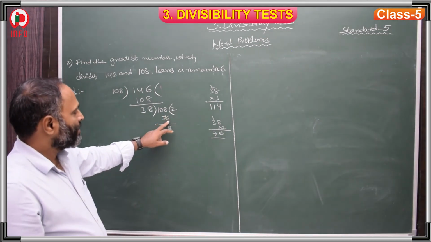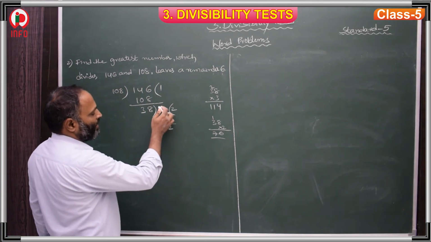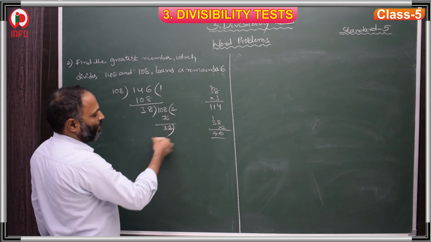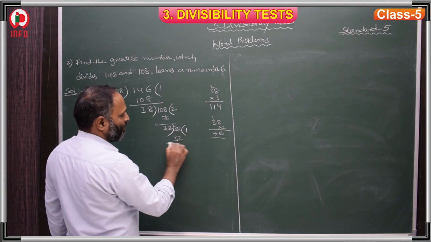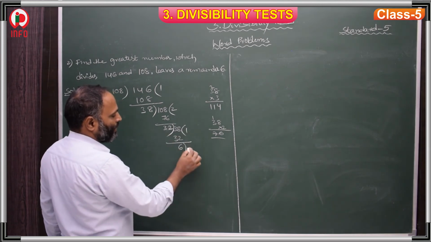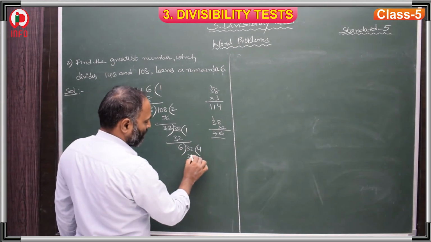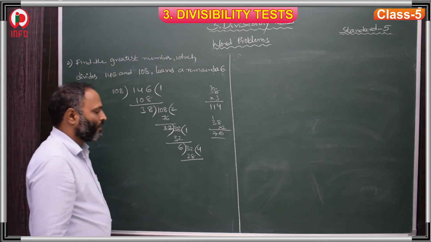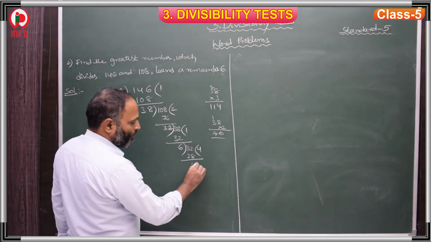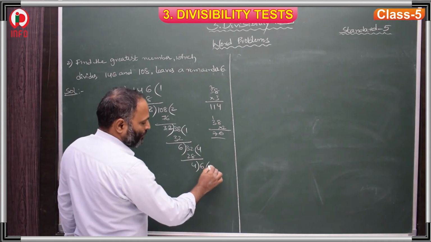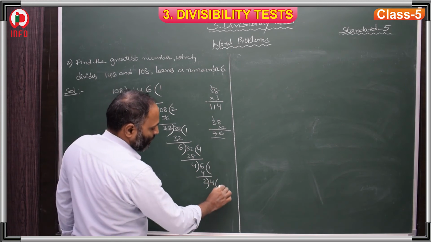18 minus 6. 18 minus 6 is how much? 8 minus 6 is 2. And here 10 minus 7 is 3, so 32. 32 divided into 38. 32 ones are 32. Then the remainder is 6. 6 with 32. 6 4s are 24. 6 4s are 24. Then again the remainder is 4. 4 divided into 6. 4 ones are 4. And this 2. 2 with again 4. 2 2s are 4.